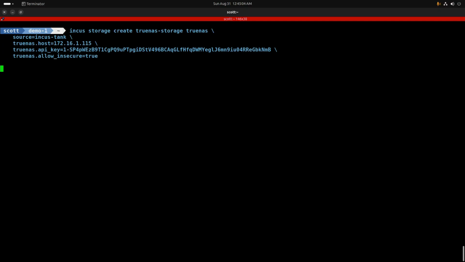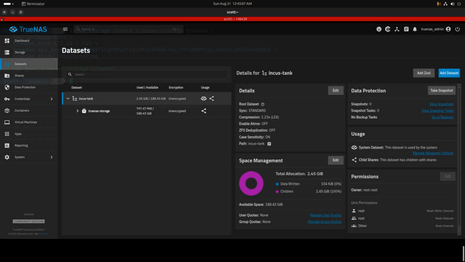I hit enter, and it should go out and create my new storage pool, and it says Incus TrueNAS storage